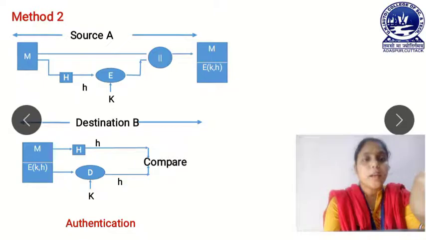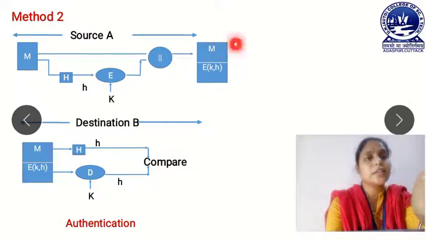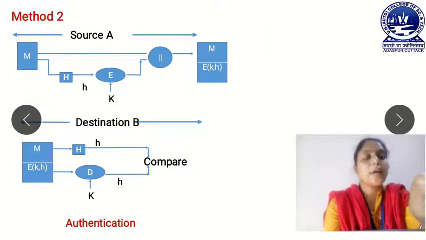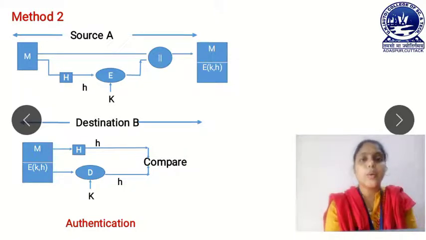But look at here, when this message is transmitted over the network, the attacker takes this original message and changes it to some other message. That means this method does not satisfy confidentiality and it only satisfies authentication, because here no encryption is used on the message. It only satisfies the authentication, and this method can be used in some situation where, suppose, the sender wants to send some message to more than one receiver.